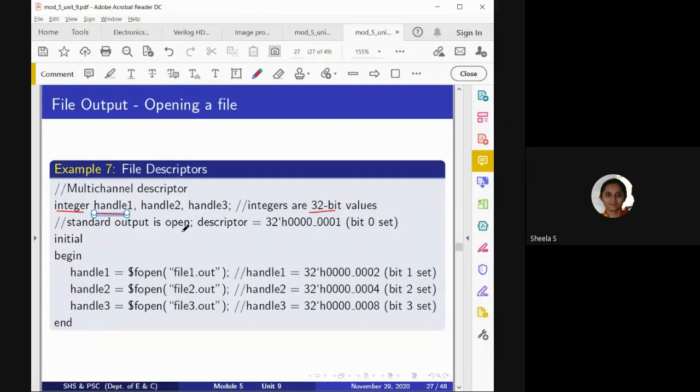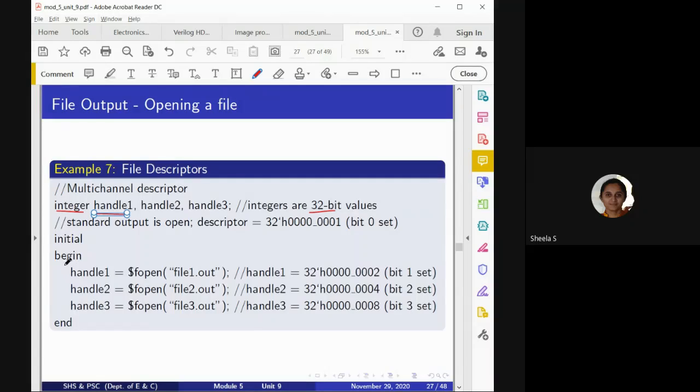And now we consider that the standard output is open. As soon as we consider this channel descriptor, the log file will be created, because it has to record when the corresponding file was opened, what data was written, and when it was closed. All these things will be logged, meaning they will be accounted in the standard IO log file. But apart from that, when we are opening any other files, then we have to write the corresponding